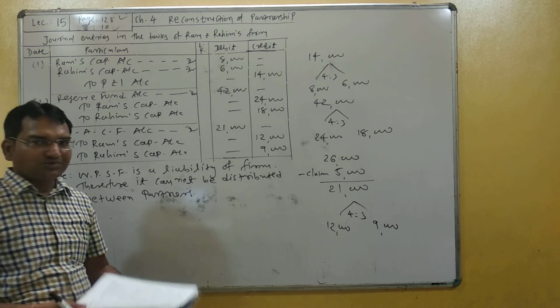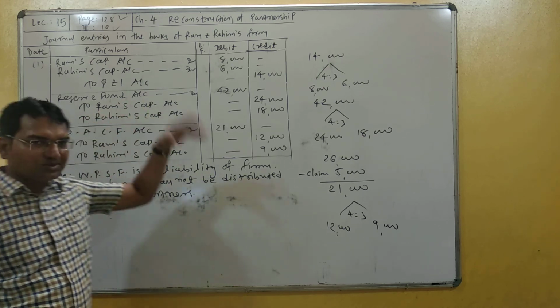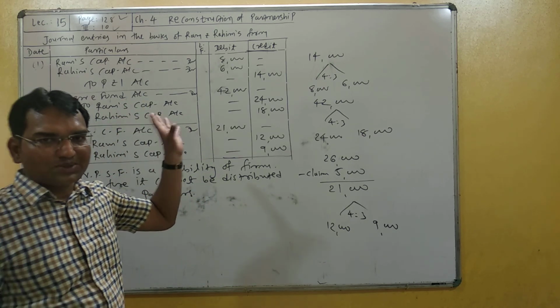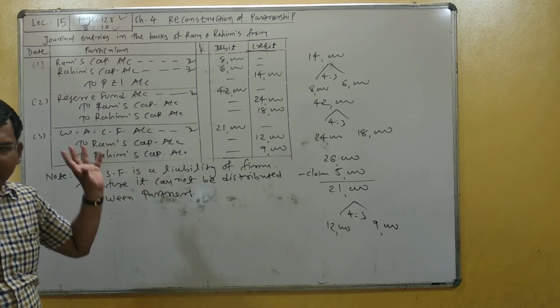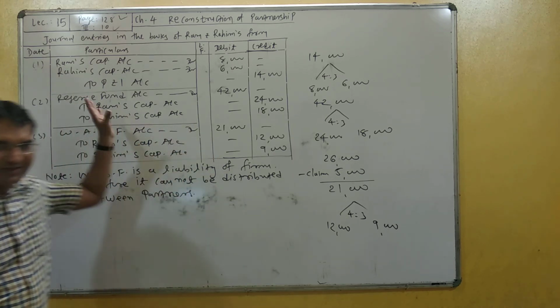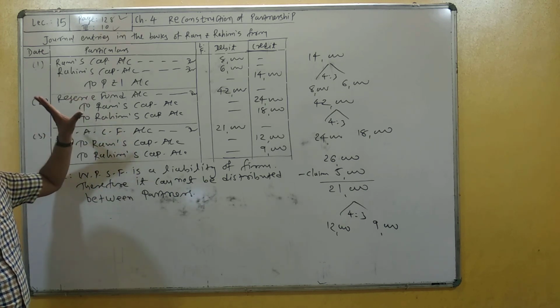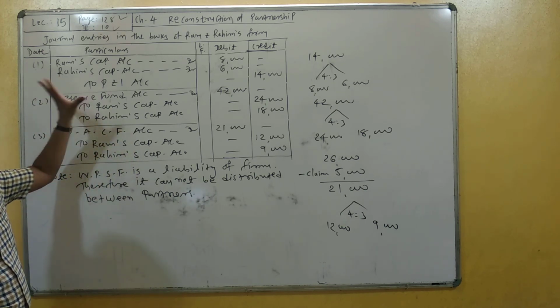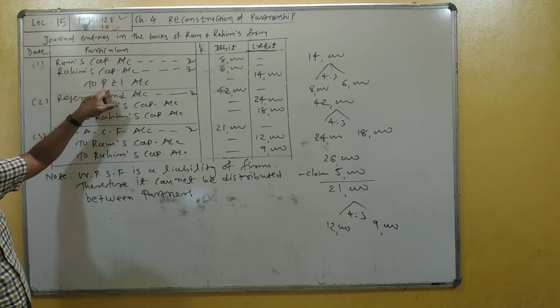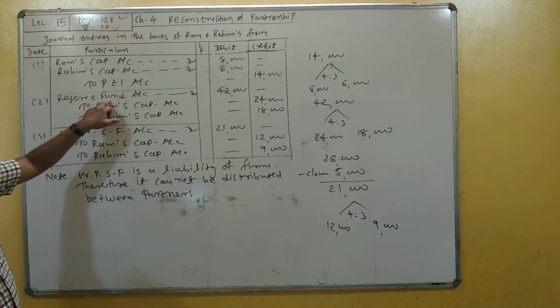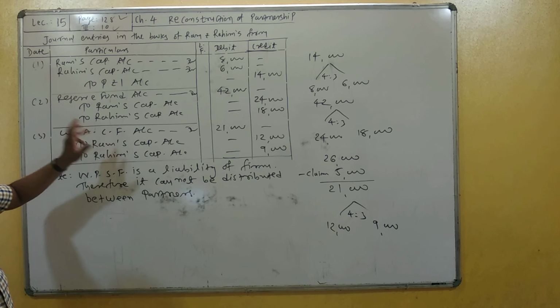In our textbook, a combined entry of reserve and accumulated profit and loss is given, but it is advisable to give a separate entry for each and every balance of reserve and surplus, so that we make a separate entry of P&L account, a separate entry of reserve fund, and a separate entry of WACF.